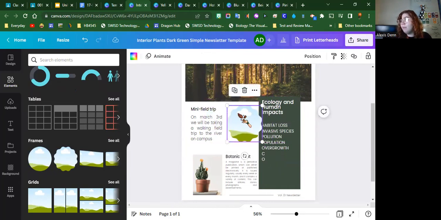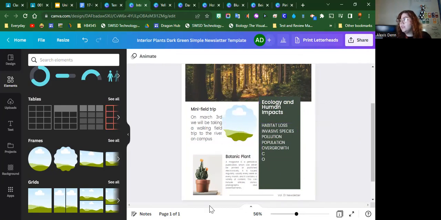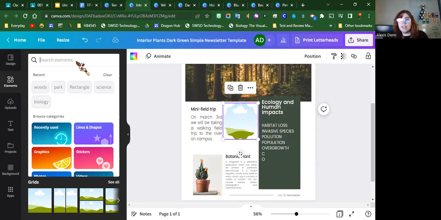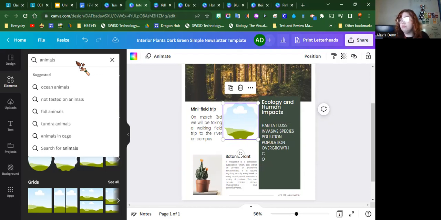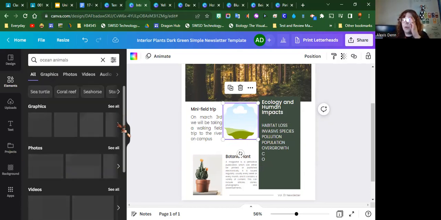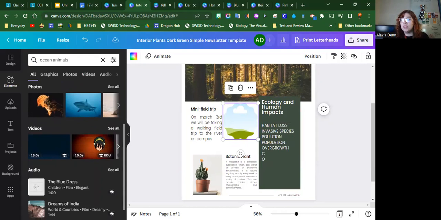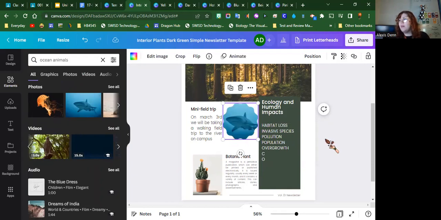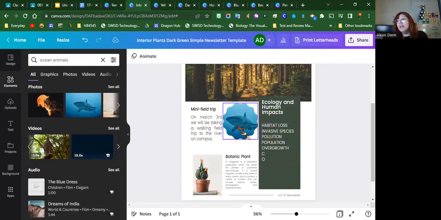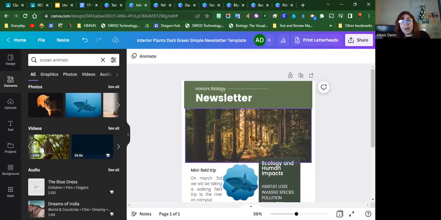You can have it overlap. You can have it all be separate and staggered so that everything fits really neatly. And let's say, because we're talking about ecology, I want to show animals, ocean animals, perhaps. Whatever I want, I can choose, like I said, photos or videos. If I have a video that works, maybe I want to pull a shark in. I can drop that image of the shark there, give them a little idea of what we'll be looking at